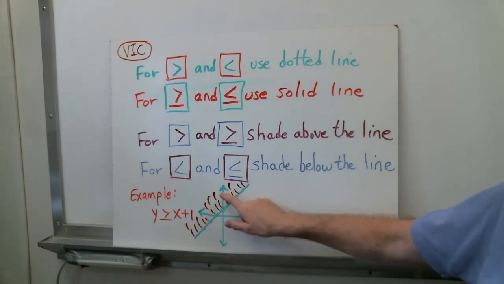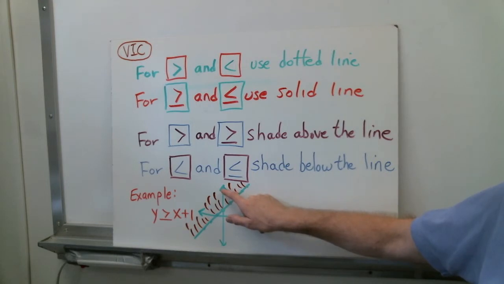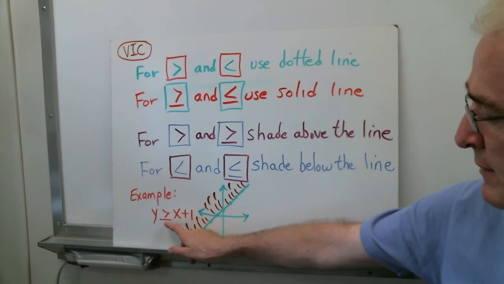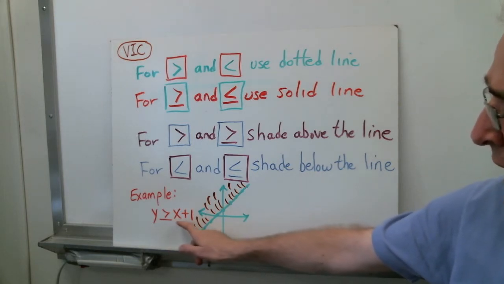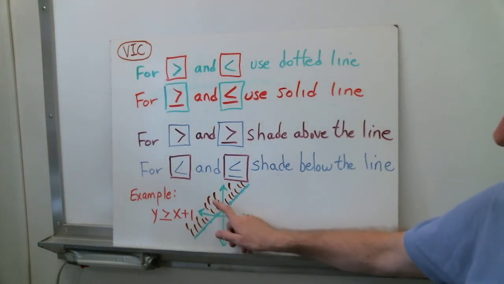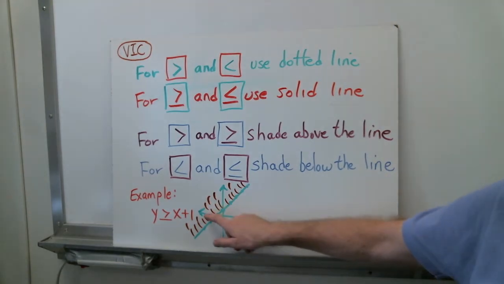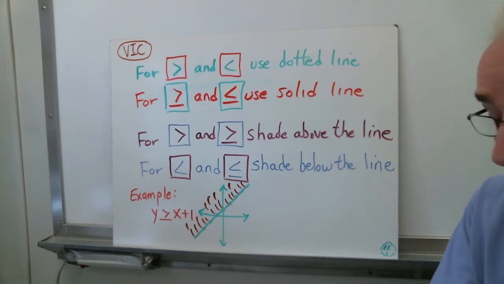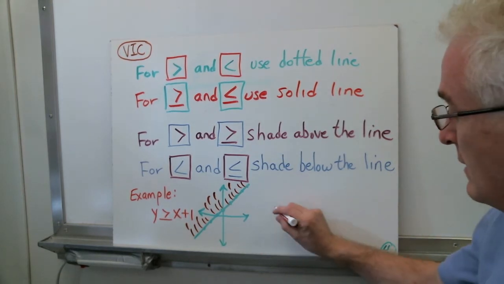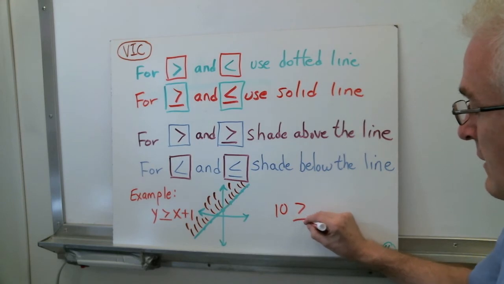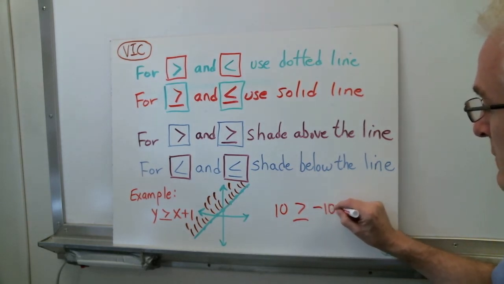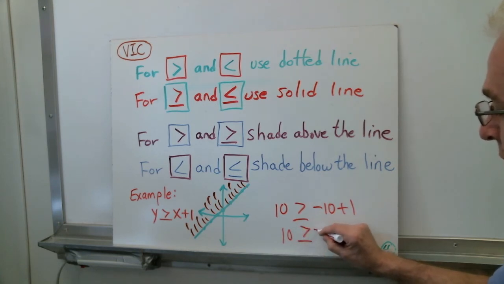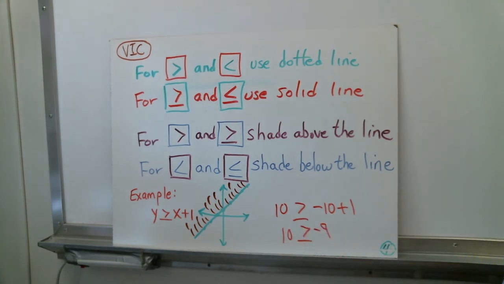Okay? Let's go up here, and let's say we have the number 10, which is a y. Okay? Is 10 greater than or equal to x plus 1? Let's pick a value over here that is an x value. Let's pick negative 5. If we say 10 is greater than or equal to negative 5 plus 1, we have 10 is greater than or equal to negative 4. And that would be a true statement. And that